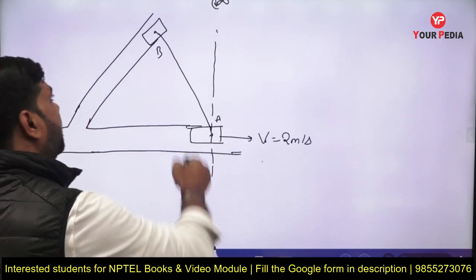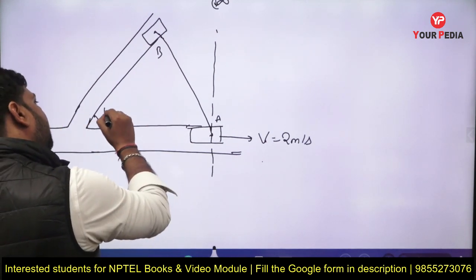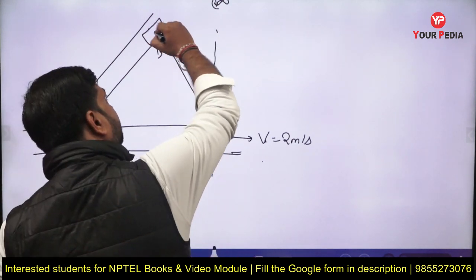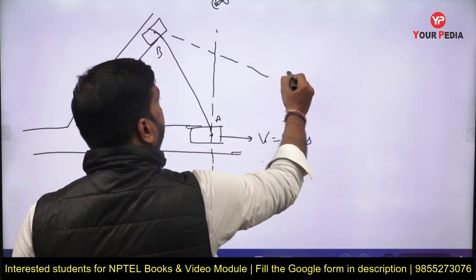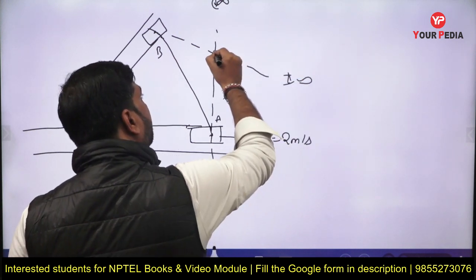Okay. Similarly, I am just talking about this one. This slider is at a certain angle. This is at 60 degree angle given in the question. Okay. So this is also just like infinity. तो यहाँ पे भी इंफिनिटी है, वहाँ भी इंफिनिटी है, और जहाँ पर ये पॉइंट मीट कर रहा होगा